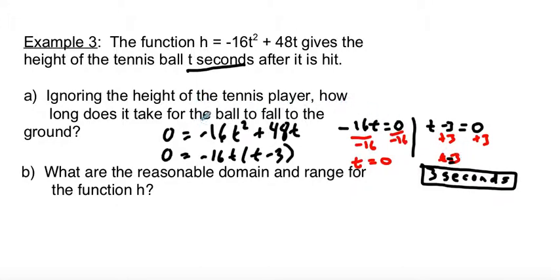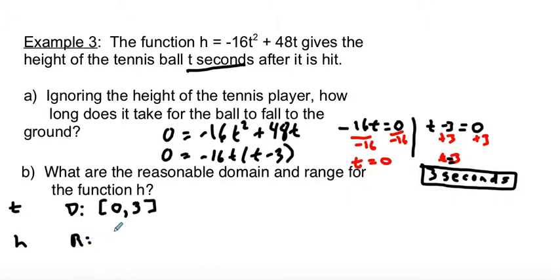All right. So what are the reasonable domain and range for the function? So the domain, that's your x values. So this is your t, and this is our h. For our domain, it starts at 0, and then it lands on the ground at 3 seconds. So it goes from 0 to 3. That's a reasonable domain. And then range,